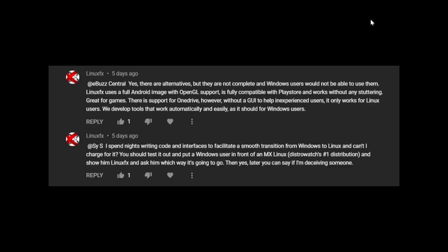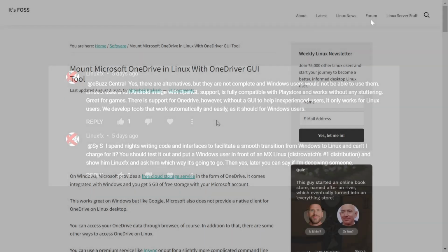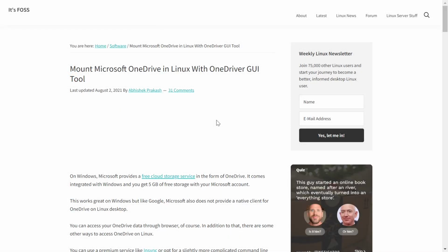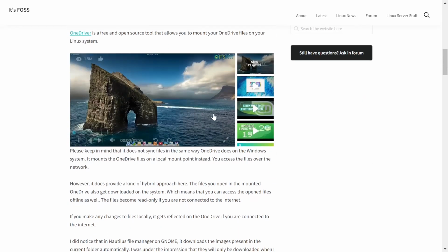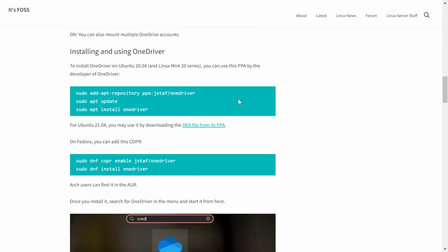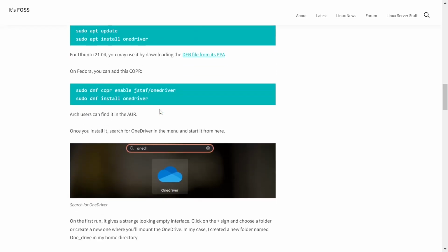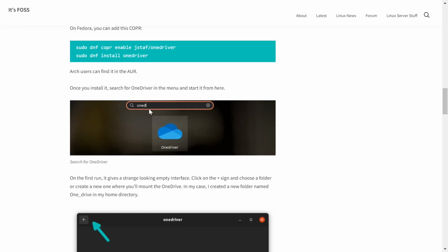I want to go ahead and point something out here real quick, so let's zip on over to a website, and I'm going to point out what I used to use when I had everything on OneDrive. I actually used what is called OneDriver, and it comes with a graphical user interface tool. You download it, and you can install it right here from terminal, and I do believe there's actually a deb package that you can use as well, but I will double check on that. Once it's installed, you've got OneDriver on your system.